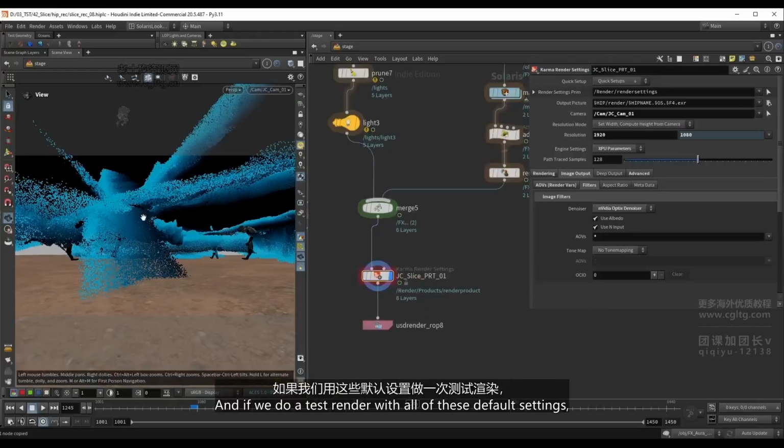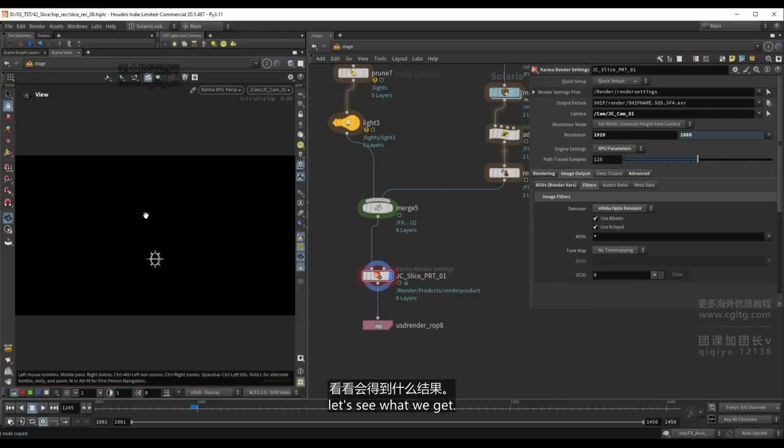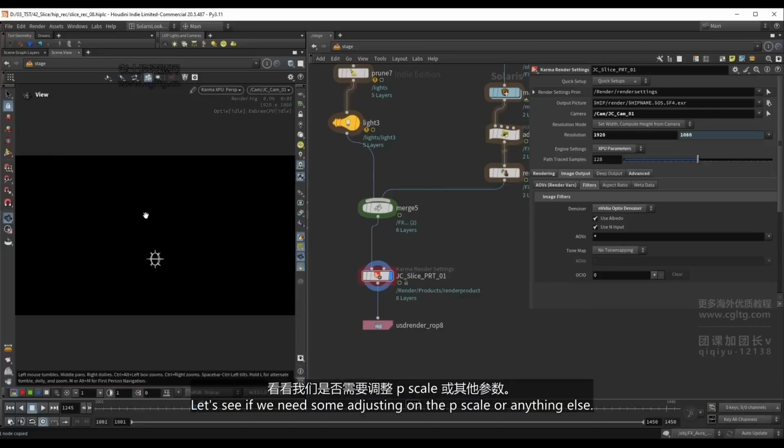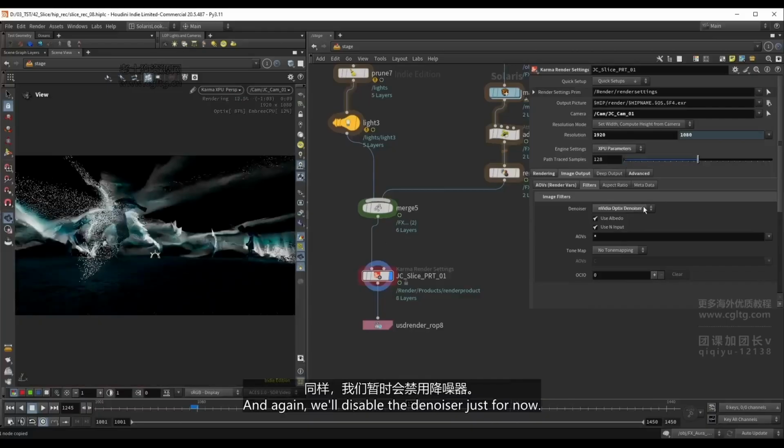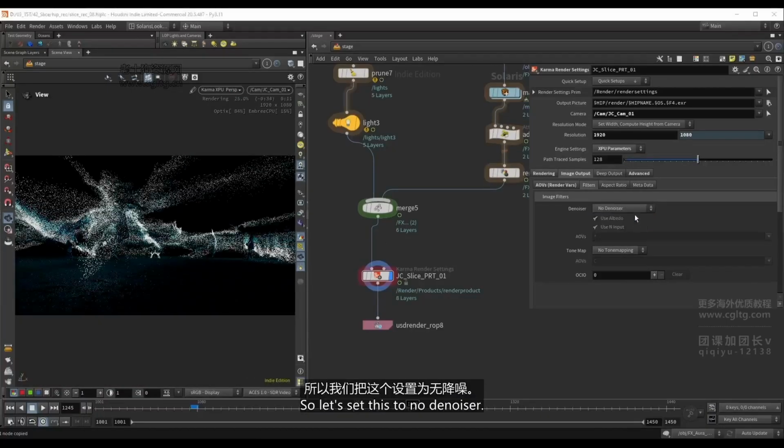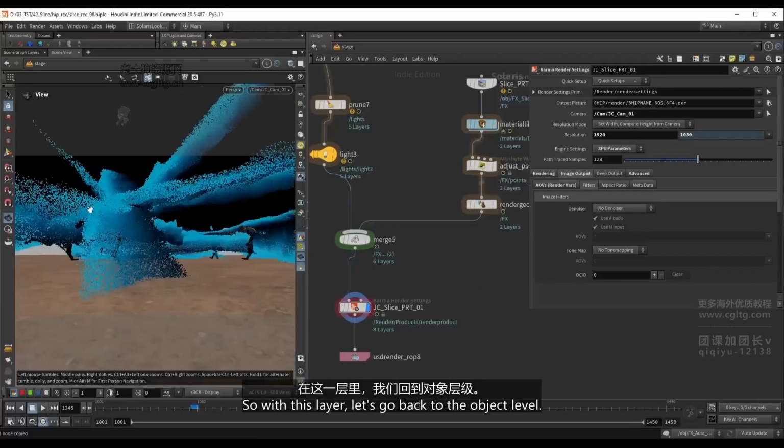And if we do a test render with all of these default settings, let's see what we get. Let's see if we need some adjusting on the P-scale or anything else. And again, we'll disable the denoiser just for now. So let's set this to no denoiser. So with this layer,